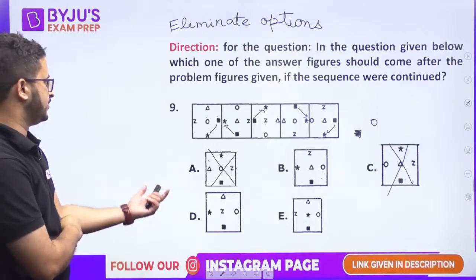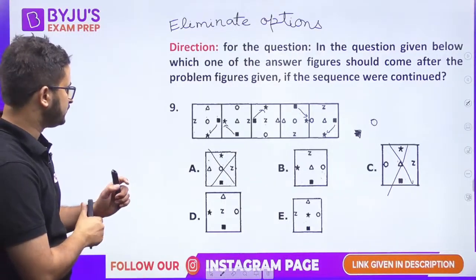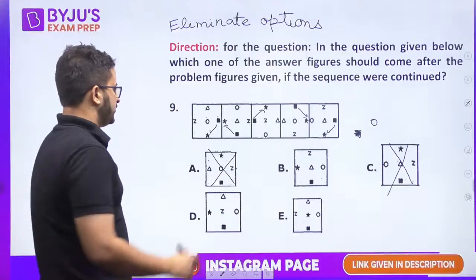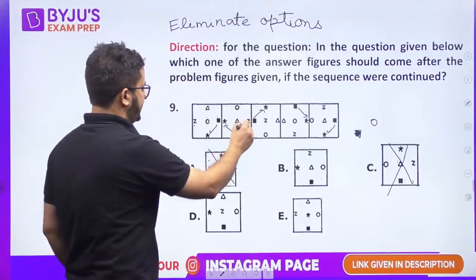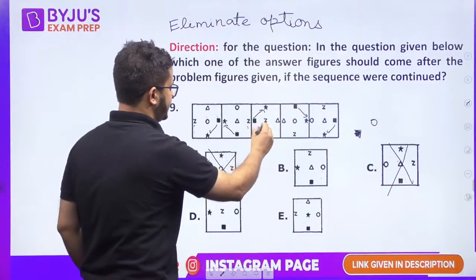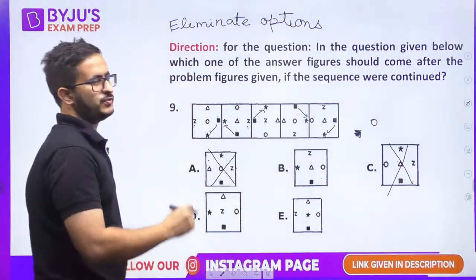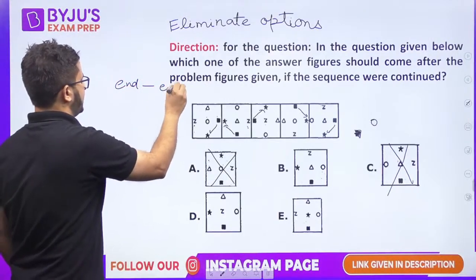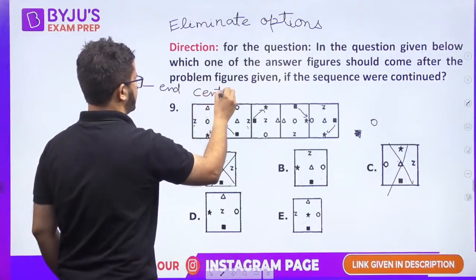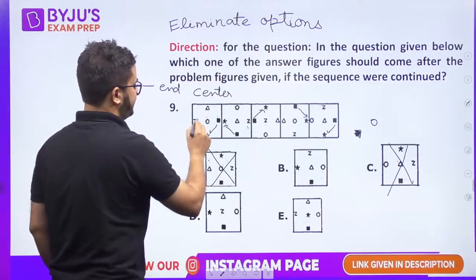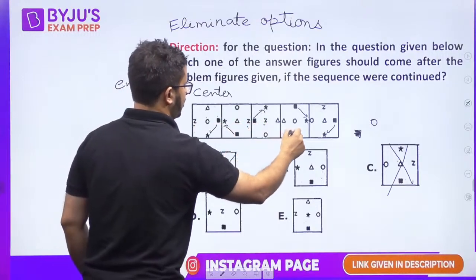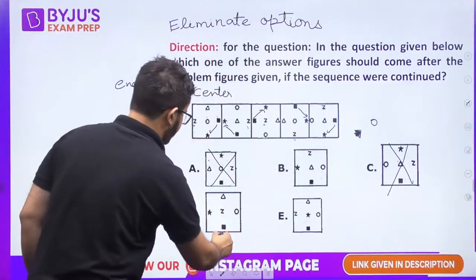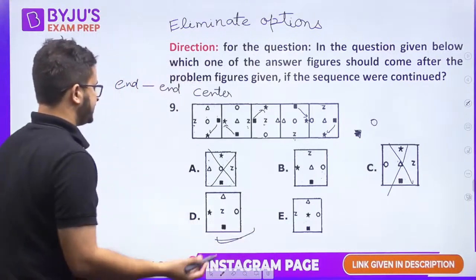Let us see your Z thing, or any of the elements. We can see the triangle also. So if we see, Z is going from the left to right, this end to this end, then center, then this end to this end. So basically it is going end to end and then center. Now this end could be the horizontal end, like left end, right end, then center. This is bottom, this is top, so then it should come in the center. So from that we get this as the answer, right? Let us check other elements also.